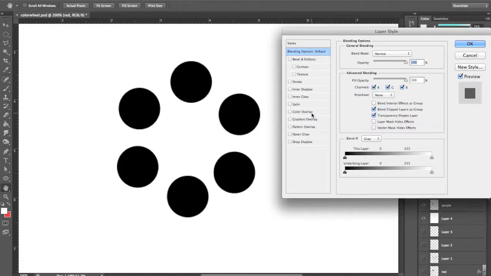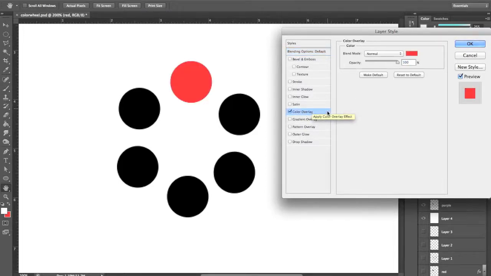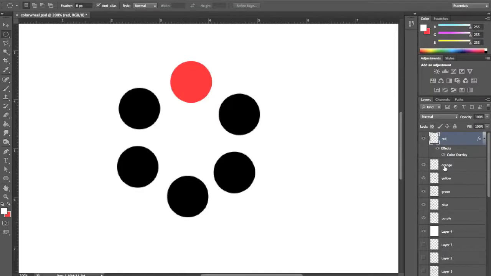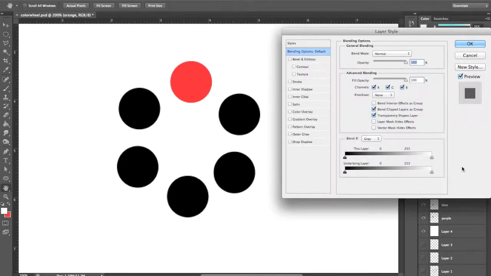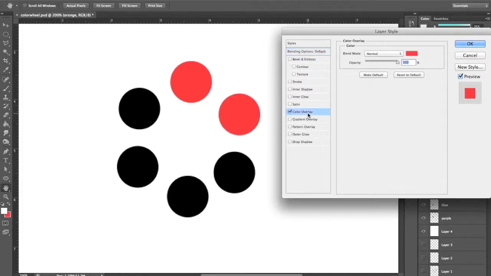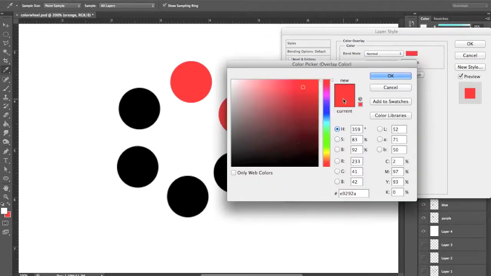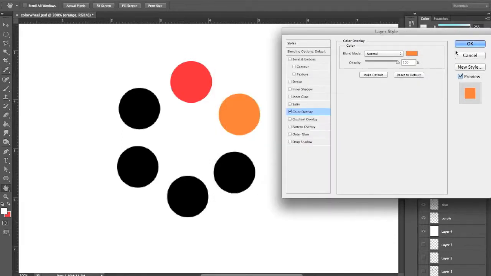Now I can click on the color overlay option, double click, and I can change the color to red or any color that I want. Now I'm going to double click on orange and double click on the color overlay option. And now I'm going to select from that red box there, I'm going to select an orange color instead of red. And I'm just going to keep on doing that